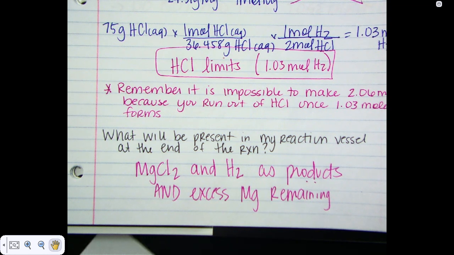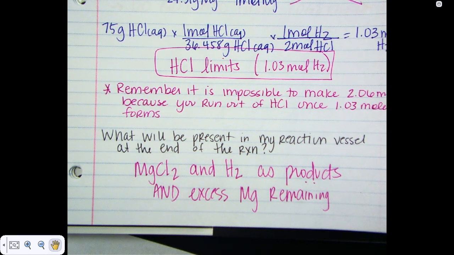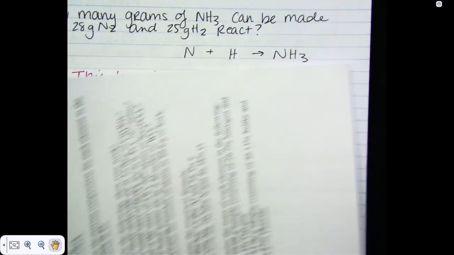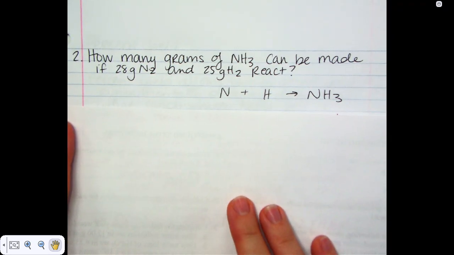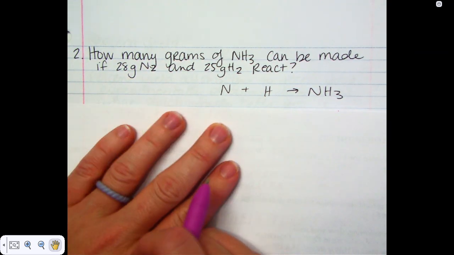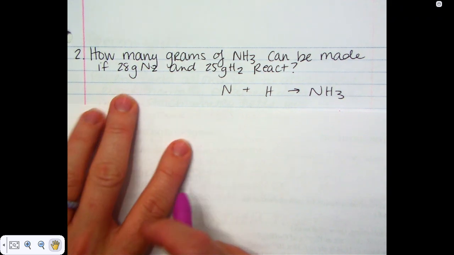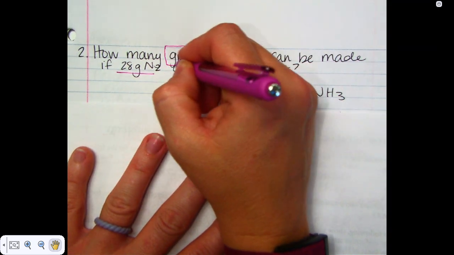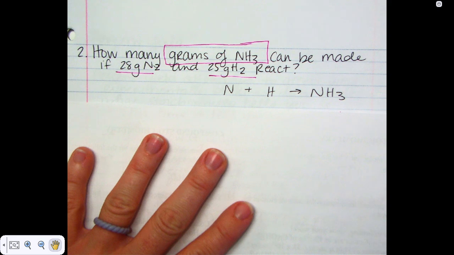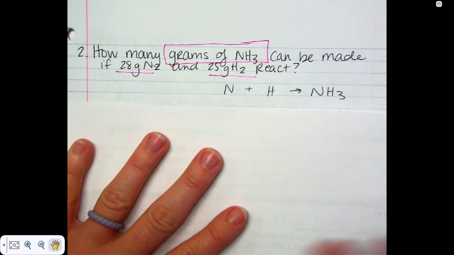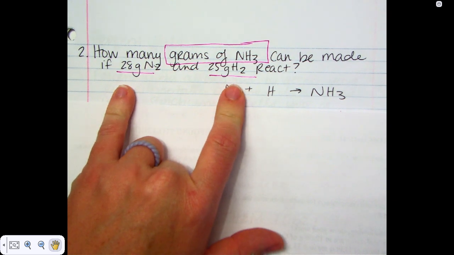If I say, okay, just what is the limiting reactant? The second way is if I specifically ask you to solve for a numerical value. So let's look at that one. How many grams of NH3 can be made if 28 grams of N2 and 25 grams of H2 react? So I have two starting points again, but this time it specifically says, this is what I want you to solve for. You need to solve for grams of NH3. It doesn't come right out and ask you for a limiting reactants answer, but you should know that because you have two different starting